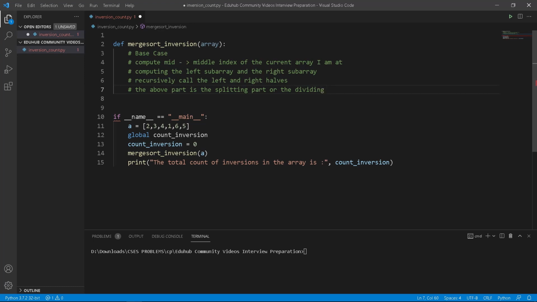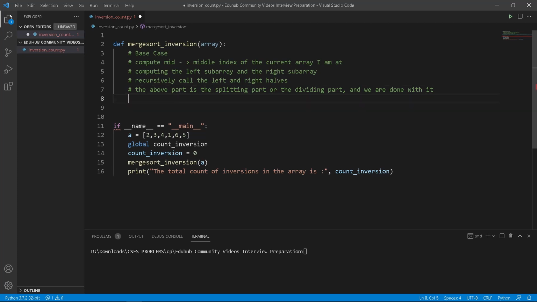So this is the dividing part, right? And we have finished that, and we are done with it. That's it. Now we are going to begin with the